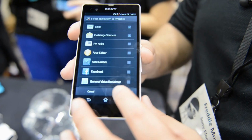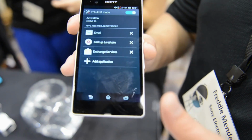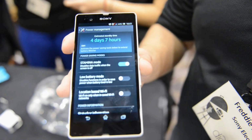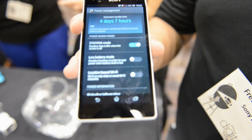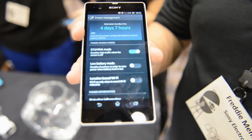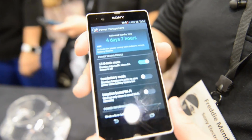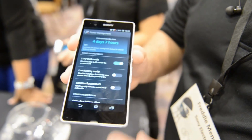Email exchange. Done. So now I have those, so those will not shut down. So now when I go back, now I have 4 days and 7 hours of standby time. So it's almost 4 times your battery life. So this is a really neat feature that's in our phones this year. So this is actually both in the Z and the ZL, the other device that we showed today. IP57 feature because